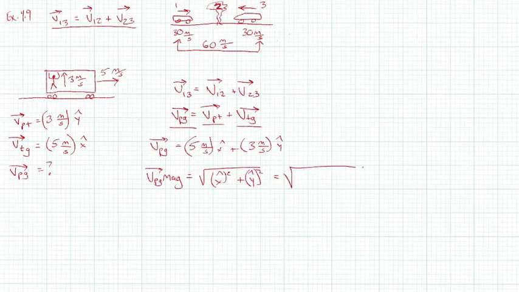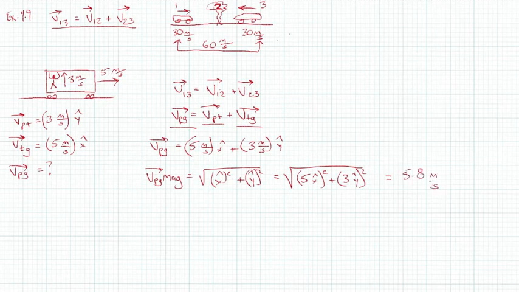So the x component squared, that's 5 squared. I'm leaving the units out for simplicity right now. Plus 3 squared. All right, we've got our x component and our y component. Square them both, add them together, take the square root, and that gives us our resultant magnitude. And that should be 5.8